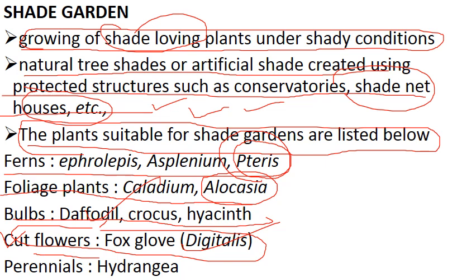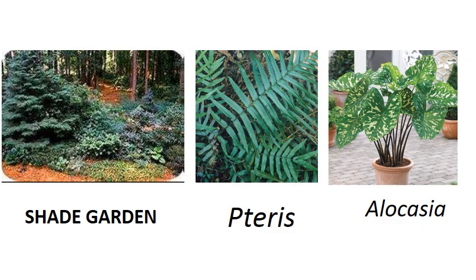Then perennial plants, hydrangea. Here two types of flowers are there, cut flower and commercial flower. If you don't know the difference between the two, you can watch our previous lecture. There it is completely elaborated, the difference between cut flower and commercial flower. This is a very good picture of a shade garden. You can see generally shade gardens are practiced along with agroforestry.